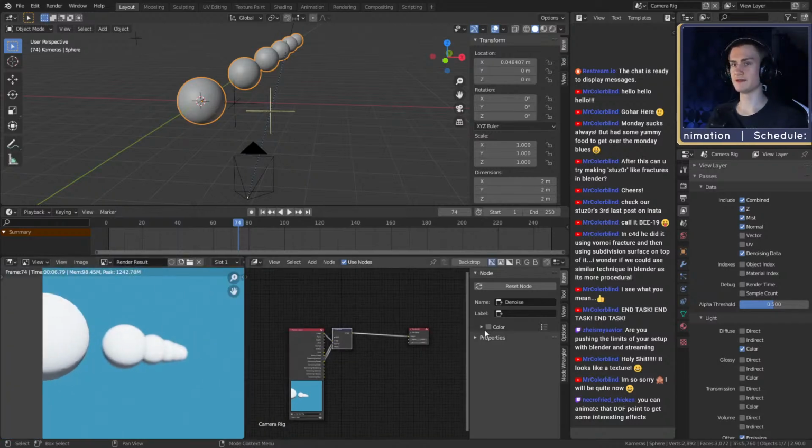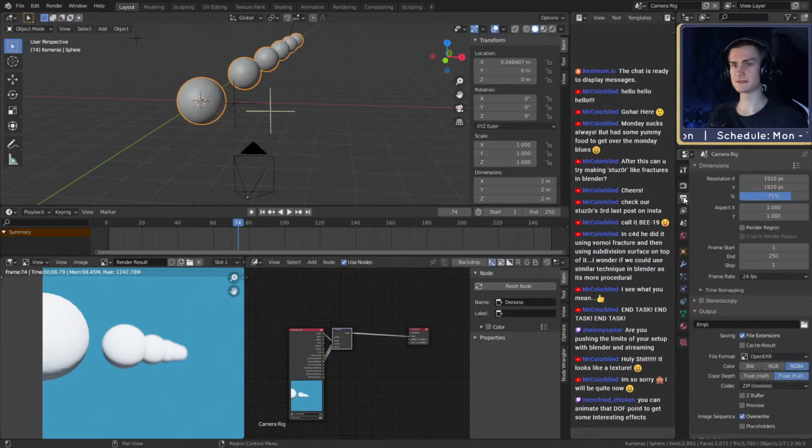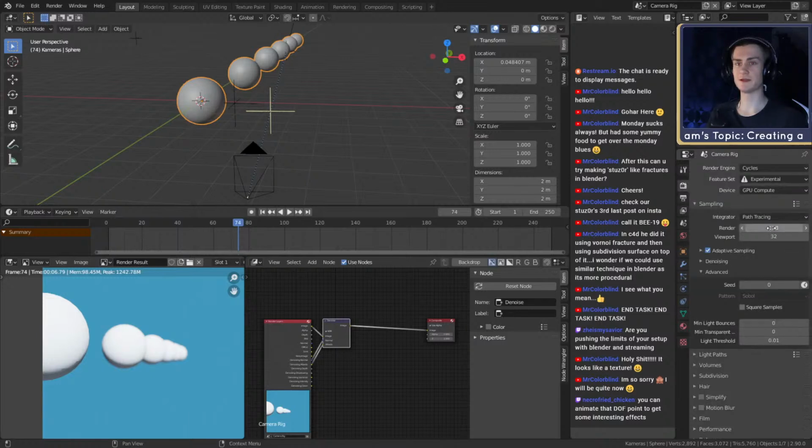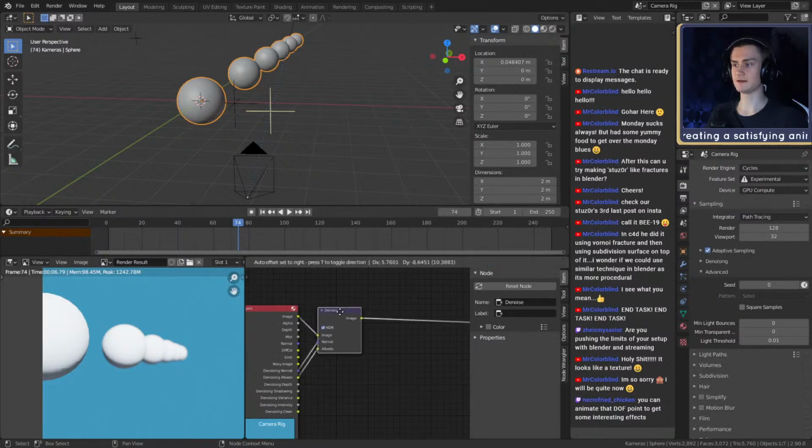So you can combine three techniques. First of all, you can reduce your render resolution and then upscale it later in, for example, Photoshop, or I think you can even do it in Blender. To reduce your render time, you can then also reduce the sampling amount and then apply a denoising filter to reduce your render time even more.